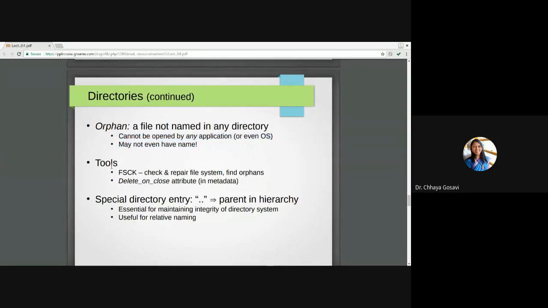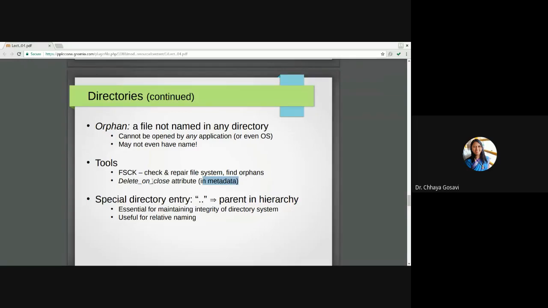There are tools to check the contents of files or directories, and if there is a problem, find such orphan directories or orphan files and destroy them or free the memory occupied by these files. This is called FSCK. FSCK is file system check. So it checks and repairs the file system, checks or finds orphans, and the delete-on-close attribute in metadata.